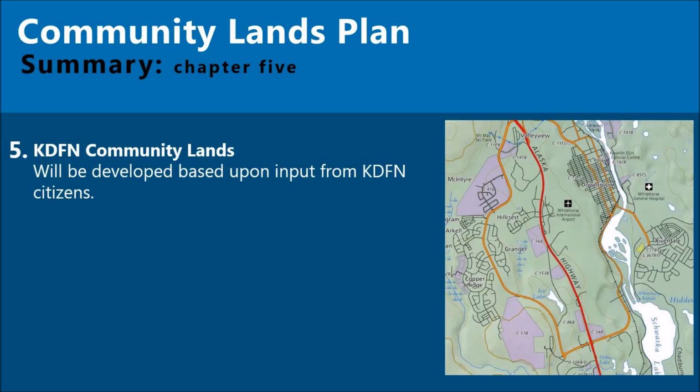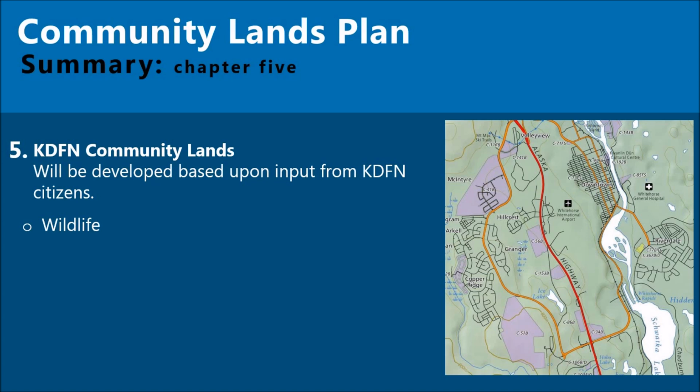Chapter 5 is really going to be the piece of work that will be developed based upon the input from Kwalndun citizens. So in this section of the plan, we're going to be engaging citizens and asking them which lands should be used for which purposes. And this image on the right here just shows a map of part of the City of Whitehorse, and you can see some of the Kwalndun parcels in purple. So what we're going to be doing then is, through our workshops and individual meetings with people, we're going to be asking them, for example, where they think